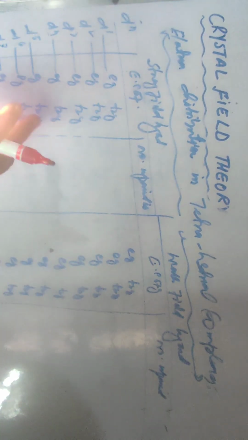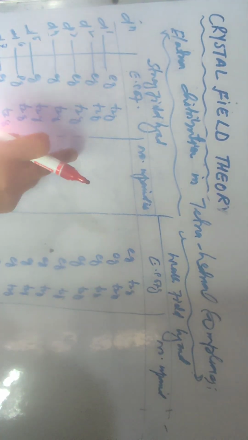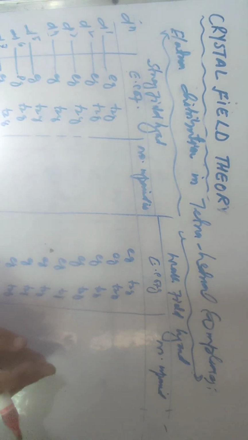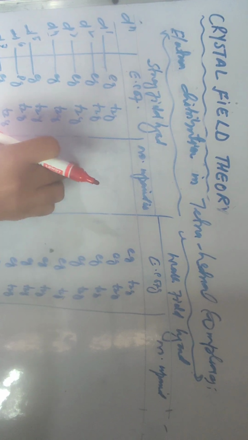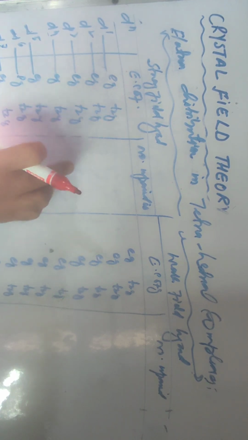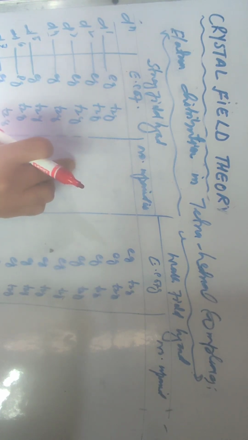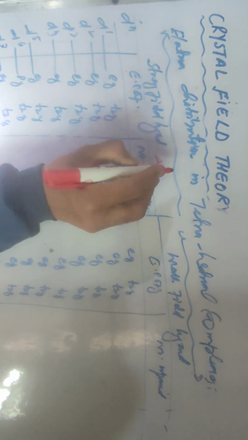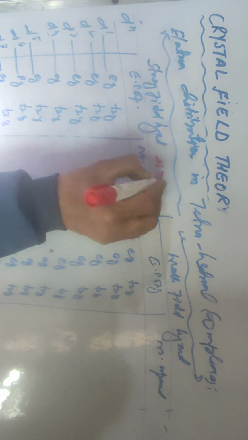यू नो कि स्ट्रॉन्ग फील्ड और वीक फील्ड लीगेंड्स होंगे। तो स्ट्रॉन्ग फील्ड यूजुअली प्रेफर करता है पेयरिंग और वीक फील्ड यूजुअली पेयरिंग प्रेफर नहीं करता है। तो उसकी वजह से यहाँ पर पेयरिंग एनर्जी कम होती है। दैट मीन्स पेयरिंग एनर्जी, द एनर्जी नीडेड टू पेयर द 2 electrons in a same orbital, that is known as pairing energy. So that means यहाँ पर डेल्टा t जो होगा, स्प्लिटिंग एनर्जी वो ज़्यादा होगी एज कम्पेयर टू पेयरिंग एनर्जी